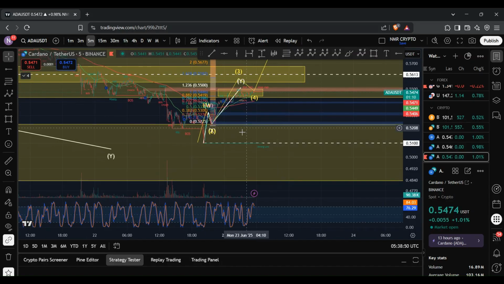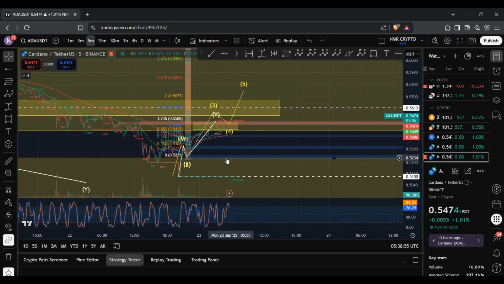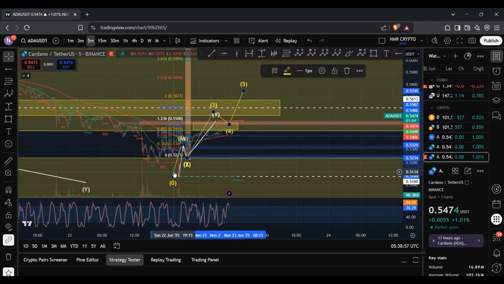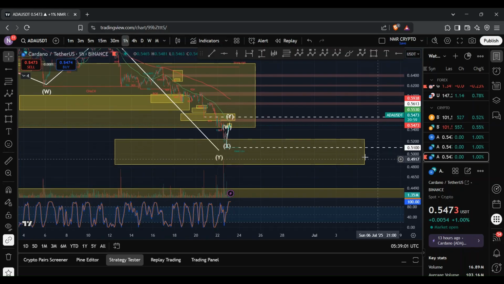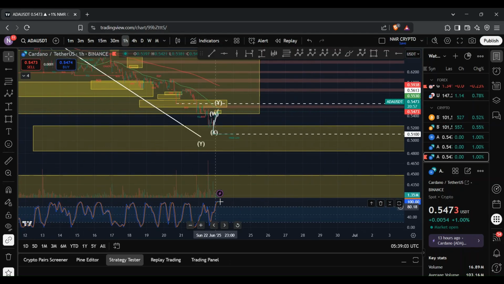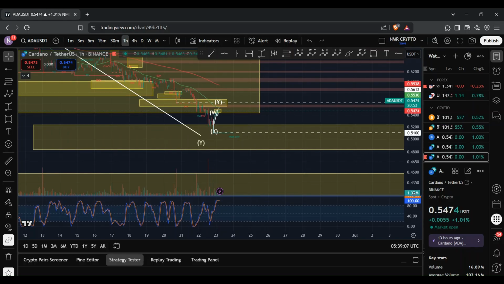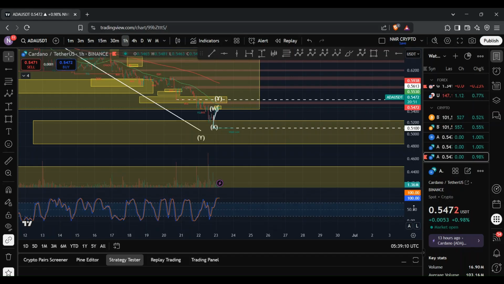And should that be the case, then it will be possible that we end up bottoming out at 51 cents, and then we see a further push to the upside. So if I remove this and go back to the hourly chart, what you can see also is we have now maxed out on the stochastic RSI, where we've reached 100. So if I just make that smaller a little bit, as you can see, we've maxed out now on